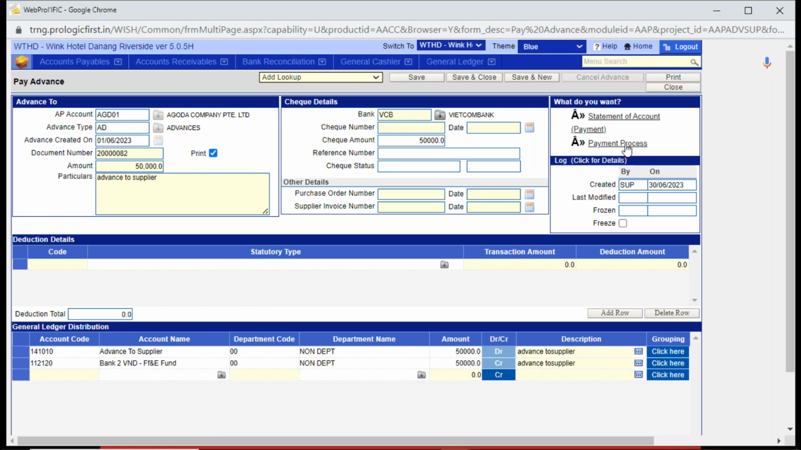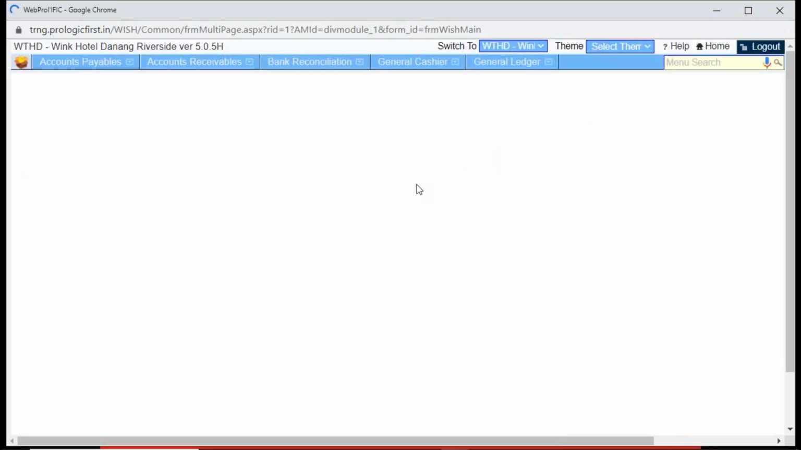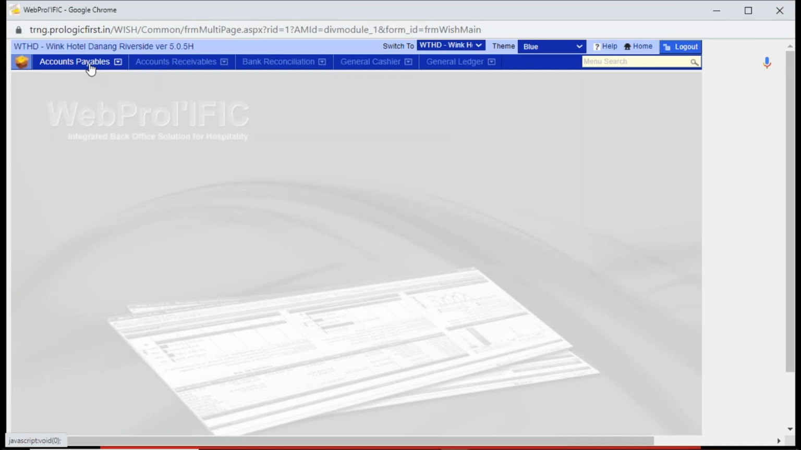On the other hand, if the user has a habit of working in which he records the advance journal as well as processes the payment at the same time, he can access the payment process screen from here, from this link. He can also check the statement of account of this particular supplier, Agoda company, while he is posting the advance transaction. Now, to process the payment of advance,